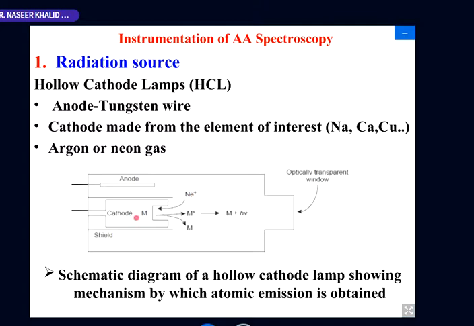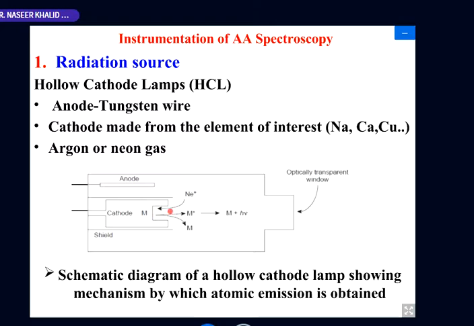The ions pass with high speed to this metal cathode, which is made in a semicircle, a cup shape. When this neon ion strikes the surface of the cathode with high speed, what will happen? It will transfer its energy to these atoms, and they are so excited that they come out.